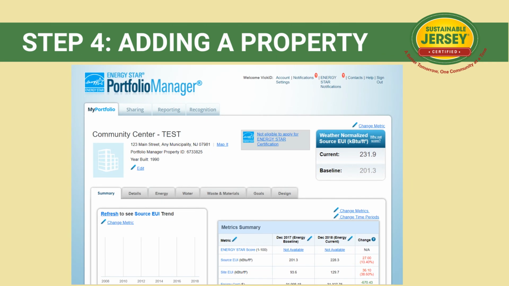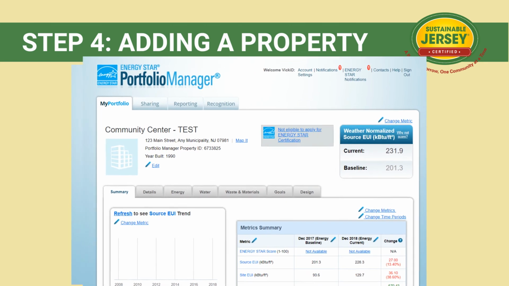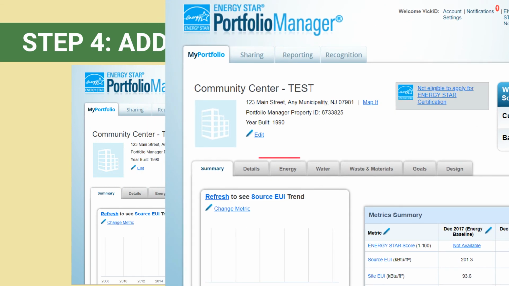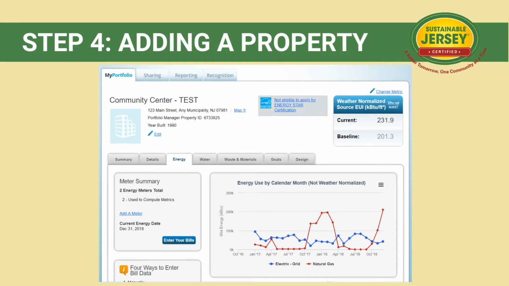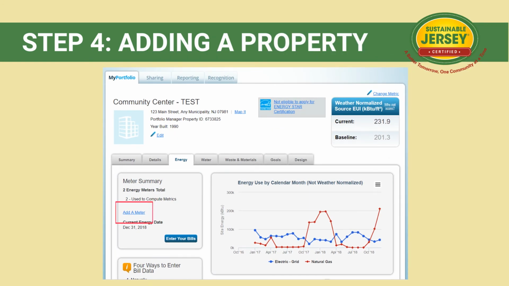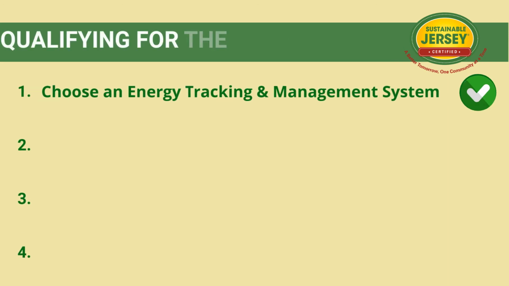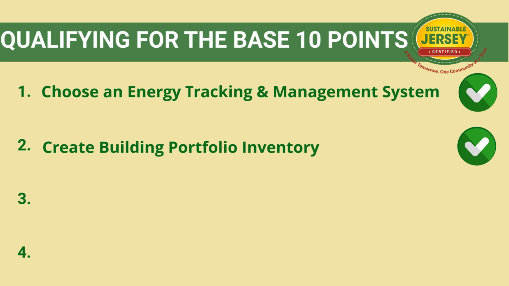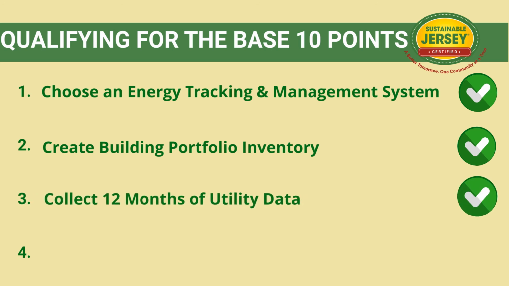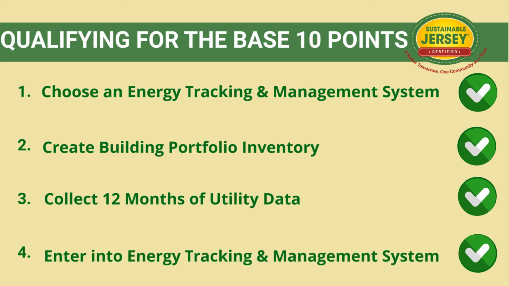Once you've set up your building in Portfolio Manager, enter your utility data by clicking on the Energy tab and selecting Add a Meter. From there, select the type of meter, whether electric, natural gas, fuel oil, etc., and start entering your data. If you've created an inventory of your buildings, collected the utility data for all of these buildings, and entered the utility data into an energy tracking and management system, as we did with Portfolio Manager,